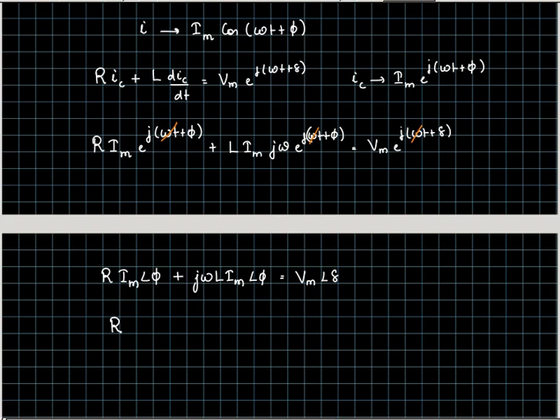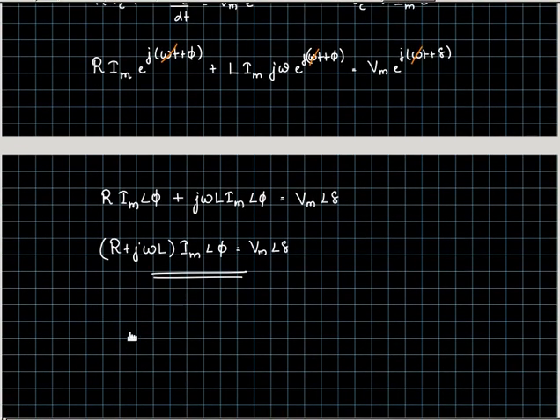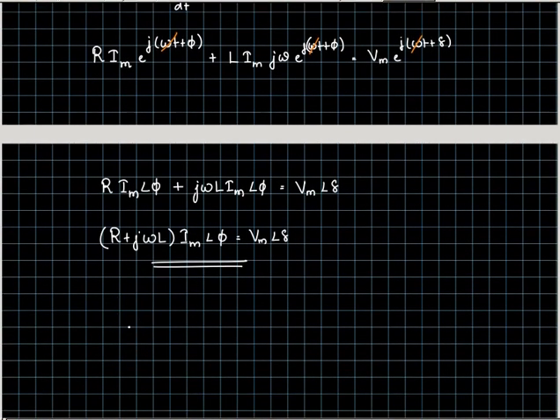This can be represented as (R plus j omega L) into Im angle phi equal to Vm angle delta. So by comparing the magnitude part and the angle part, you can get both Im and phi. So Im would be Vm by magnitude of R plus j omega L,